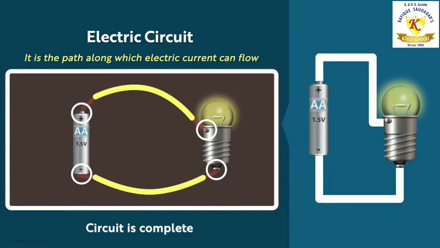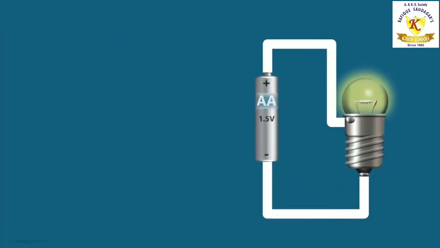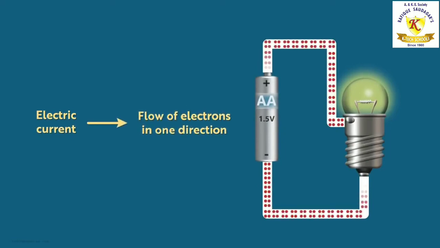Now, basically, it is said that electricity or electric current is the flow of electrons in one direction. What really happens is that the negative terminal of the cell repels the electrons in the copper wire near it. So, the electrons in the copper wire drift away from the terminals, but in the process they repel the neighboring